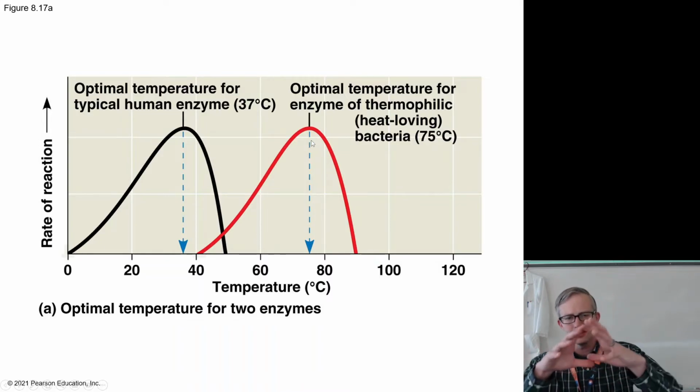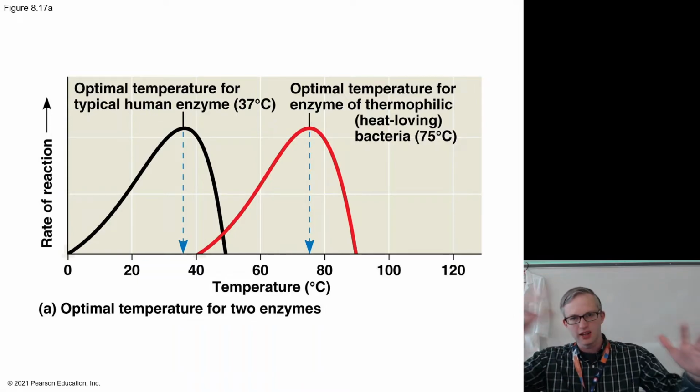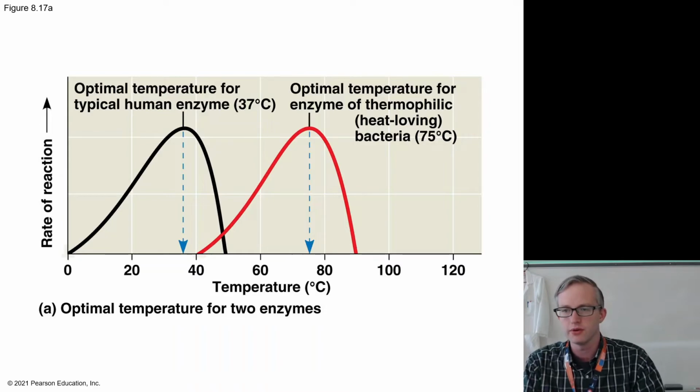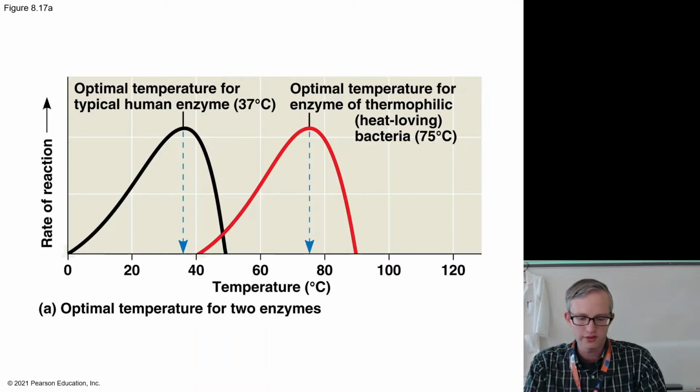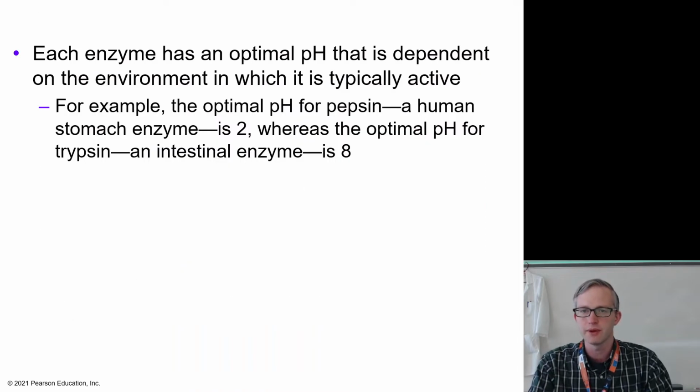Which is to say the exact shape of it is going to be accommodating for the fact that at higher temperature you've got a lot more movement and flexibility to the molecules that are making up your enzyme protein, and so you need to accommodate for what's the standard amount of energy that's present, and how can we maintain more or less the correct shape in the face of that kind of external environment.